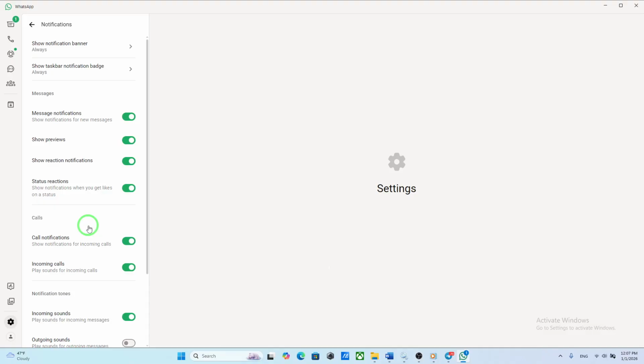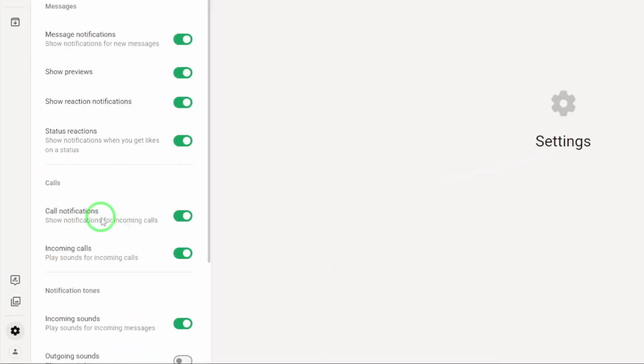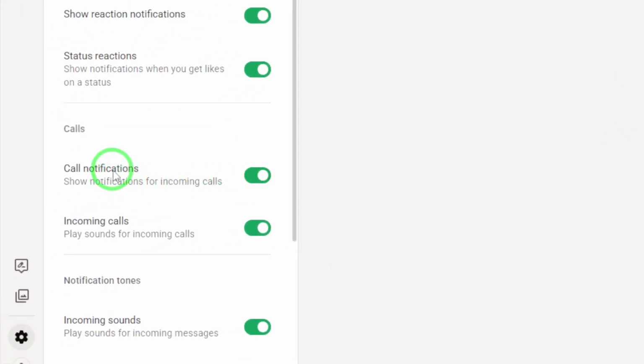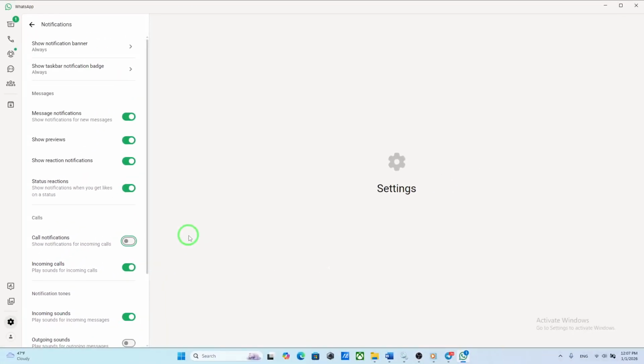Within Notifications, you'll find the option specifically labeled for call notifications. This is the switch you're going to adjust. Disable call notifications by turning off the toggle or selecting the corresponding off option. By doing this, you'll stop activity prompts for incoming voice and video calls while still keeping your message alerts and other notifications intact. It's a simple change, but it can make a big difference when you're focused on tasks or